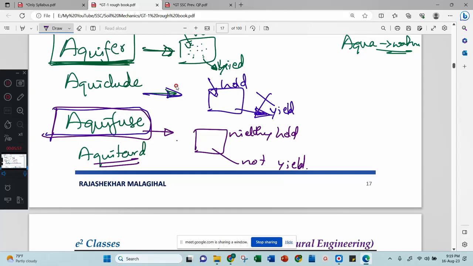Anyone? Aquitards. No holding, no healing, sir. That is aquifuse already open happened. No? Okay, okay, sir. 1 minute. Seawater, sir. No, I am exactly not getting. I am also not getting searching. Aquitard. Just now I forgot. No holding, no yielding. That has already happened. Aquifuse. And aquitard means